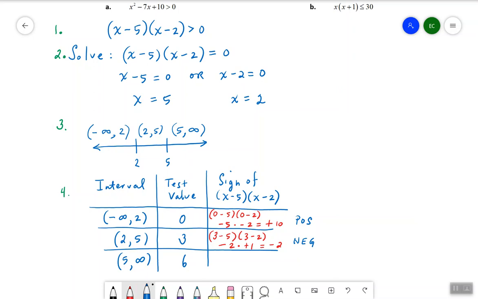We'll plug it in. And here, let's speed this up just a little bit. What is that? 6 minus 5 times 6 minus 2. So that's a +1. But it doesn't really matter that it's 1. It just matters that it's positive. And then the next factor, 6 minus 2, is +4. Again, it doesn't matter that it's 4. It only matters that it's positive. And we know that we have a positive times a positive. So the result is a positive,